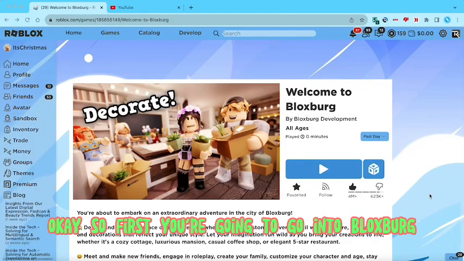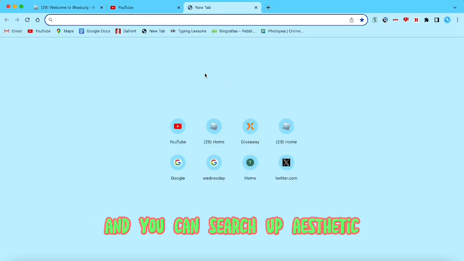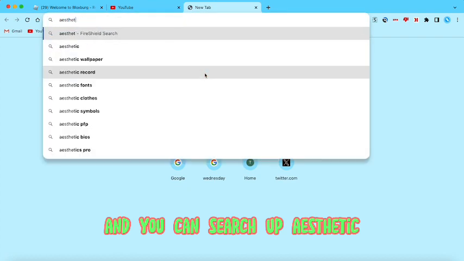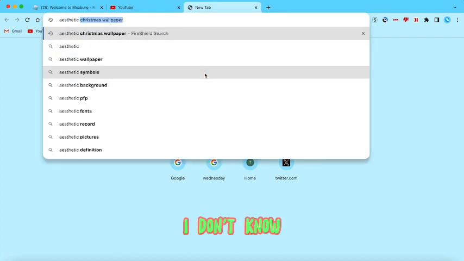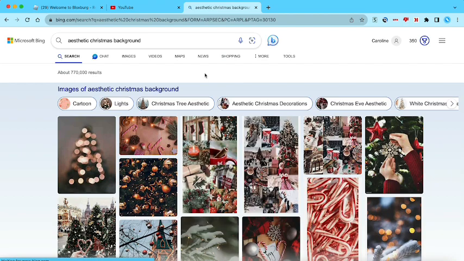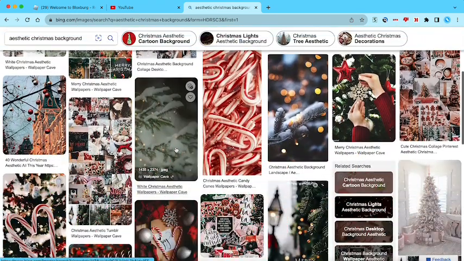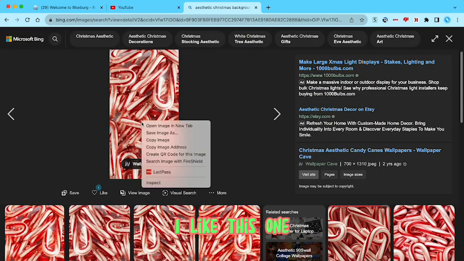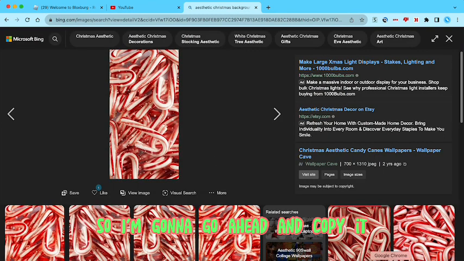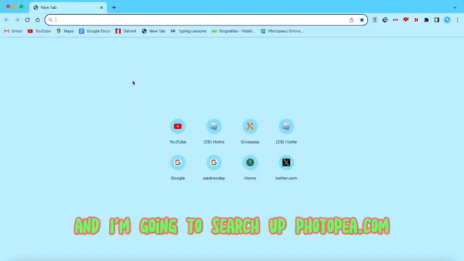Okay, so first you're going to go into Bloxburg, or you can go into a new window and search up aesthetic Christmas background. I'm actually going to use one of these. I like this one, so I'm going to go ahead and copy it, and then I'm going to go into a new browser and search up